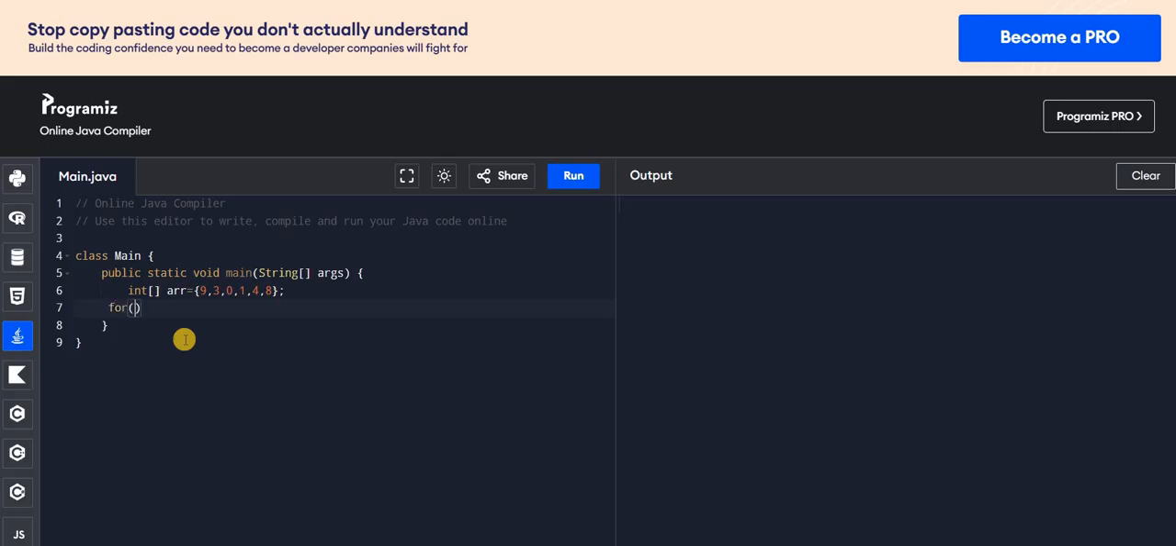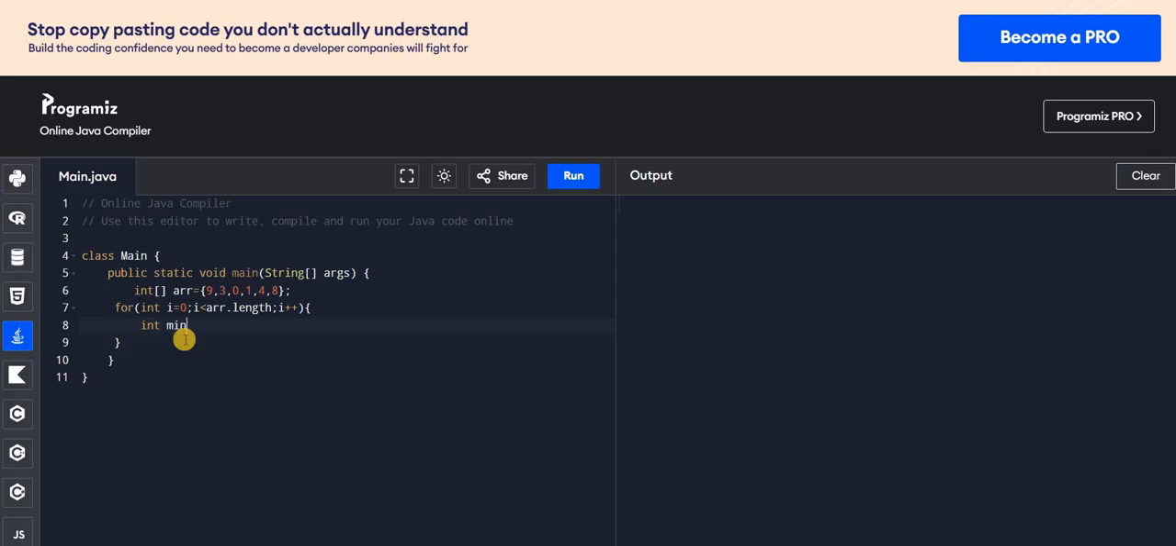Here first for loop: int i is equals to 0, i is less than array dot length, and i plus plus. After this, here you have to define one minimum index variable. In this, initialize the first index as the minimum index, and after this, write one more for loop for the comparison purpose. Then j is i plus one, j is less than array length,